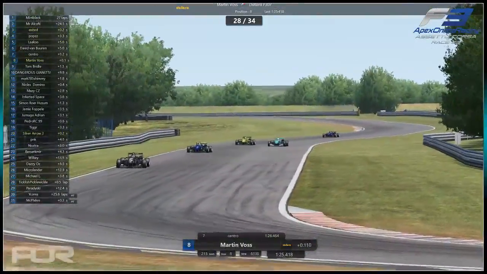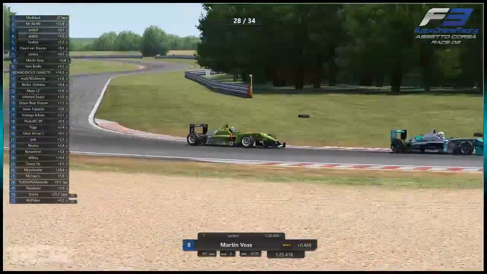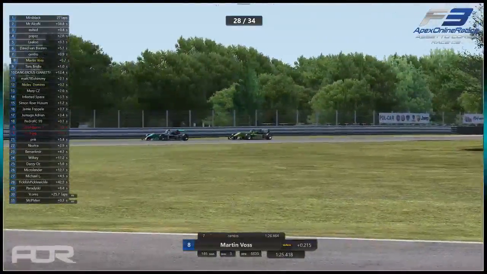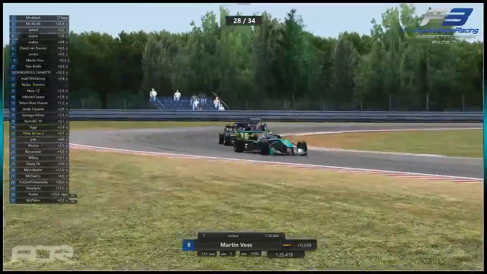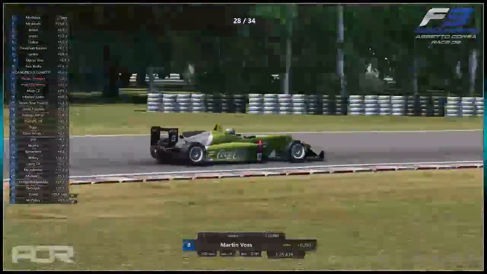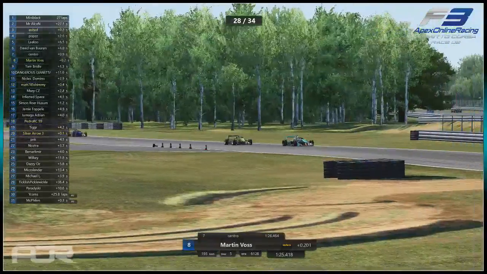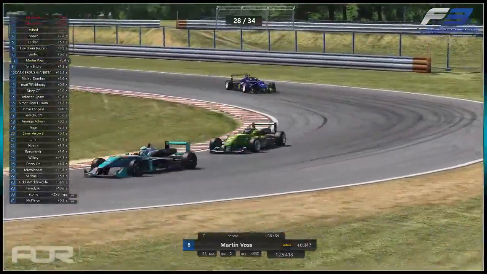And going around the outside is probably not going to work here. No, but it'll set him up because Centro's probably run a little deep. Yes, he does indeed, but it's a very short straight. It's not even really a straight, to be honest, into this left-hander. Just a joining part of the track. But yeah, you would suspect that Martin Voss should be able to at least overtake the two cars ahead of him,